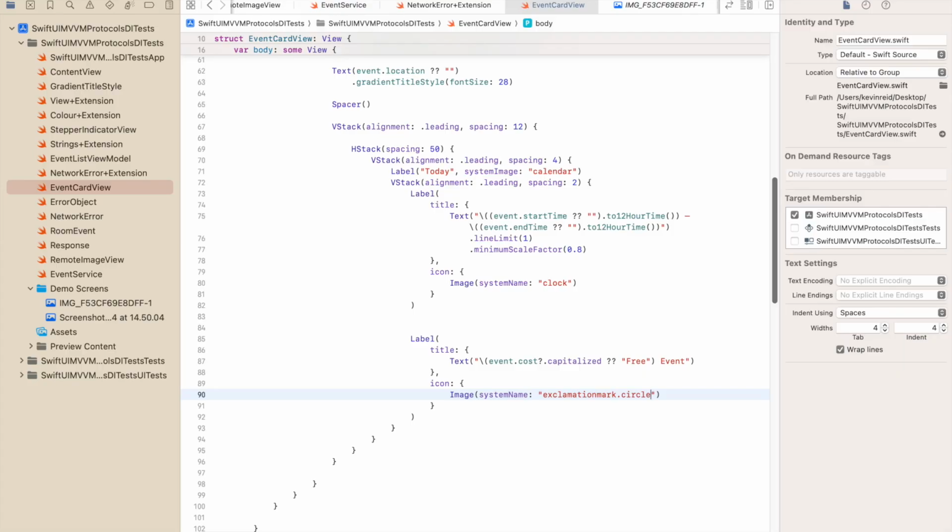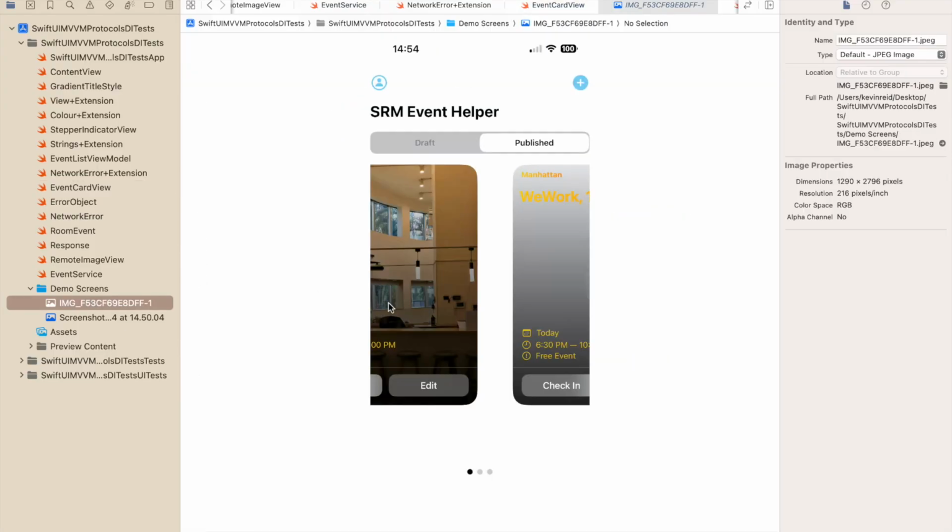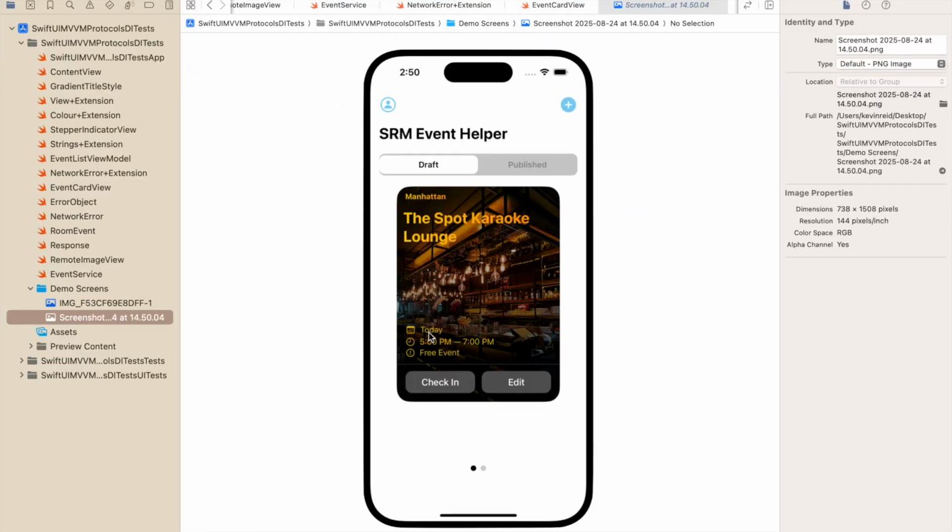a foreground color to our, what do we need to add it to? We need to add it to our title element within our label. So we need to set the foreground color to yellow. So it should look like this, as you can see here within the image. So today will be yellow,